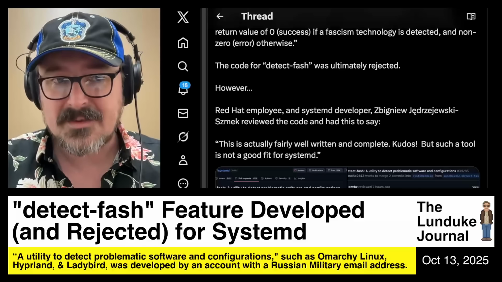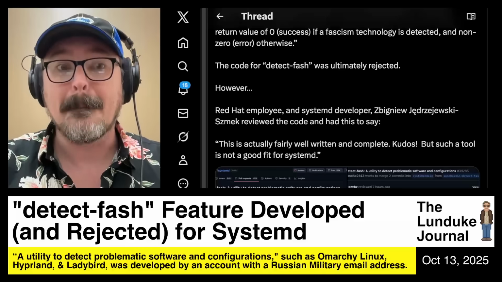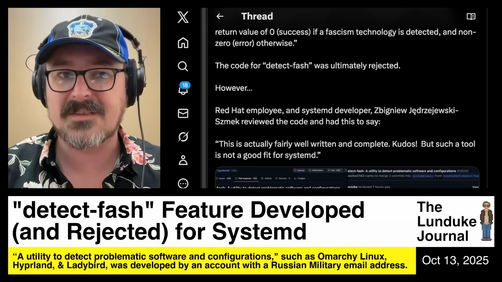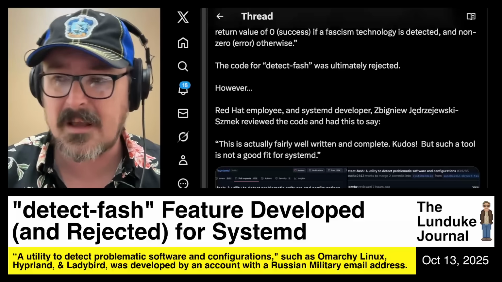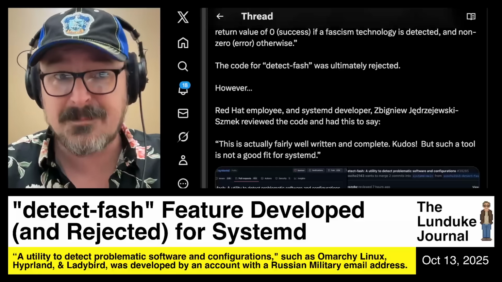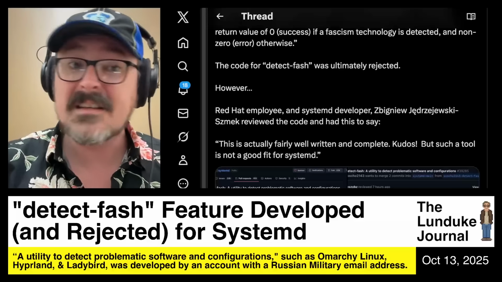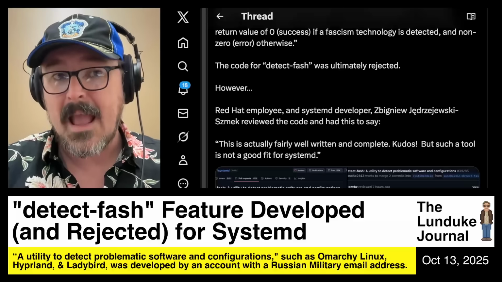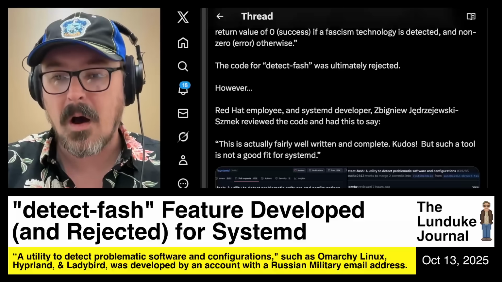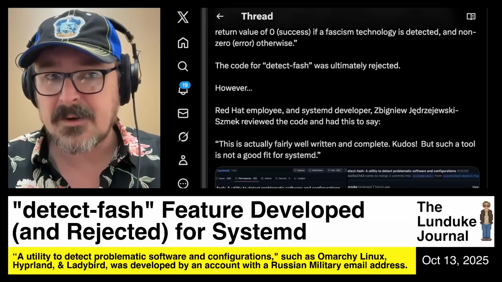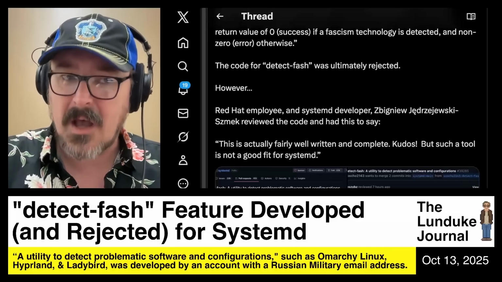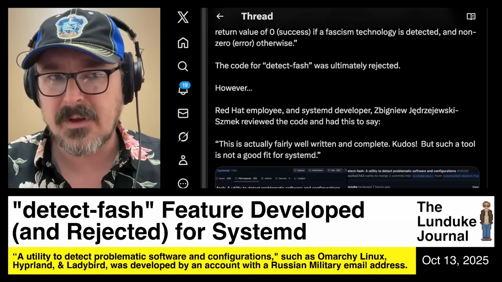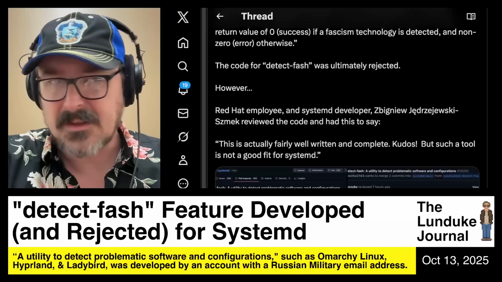Many projects, a large number of projects, including Linux distributions themselves, programming languages, build systems, network tools, and the like, are all run and administered by people who are more political activist than software developer at this point. And I think a lot of us can look through the coverage that the Lunduke Journal has put out